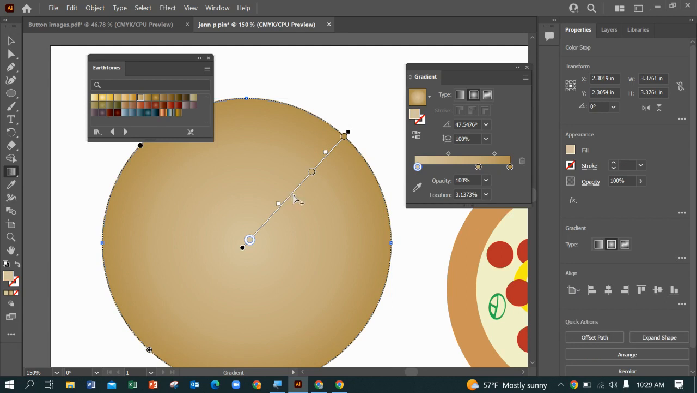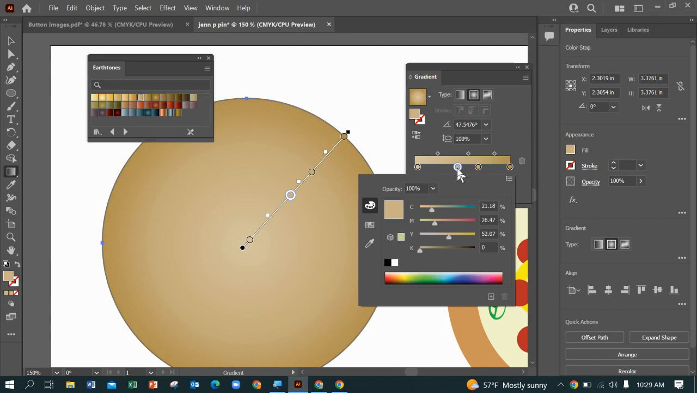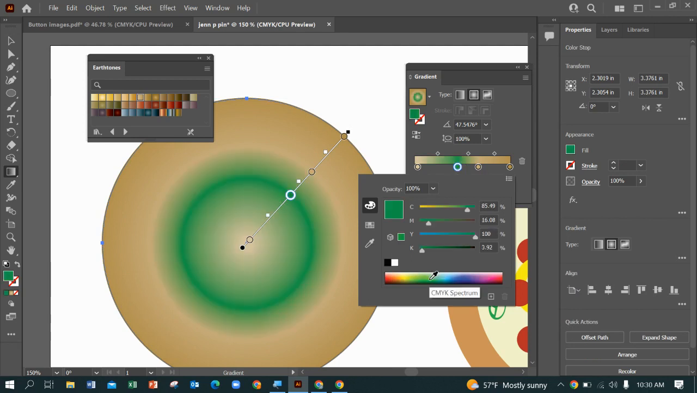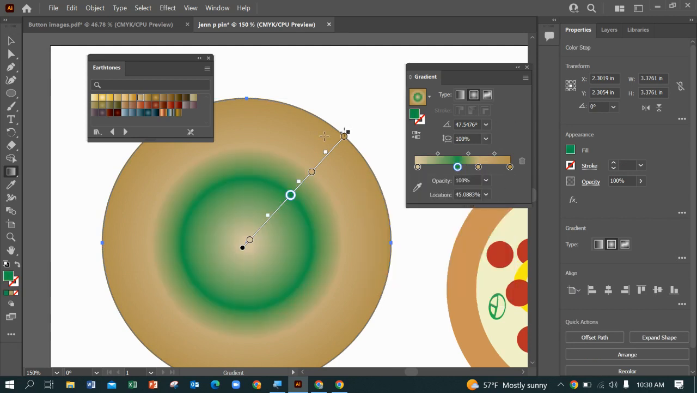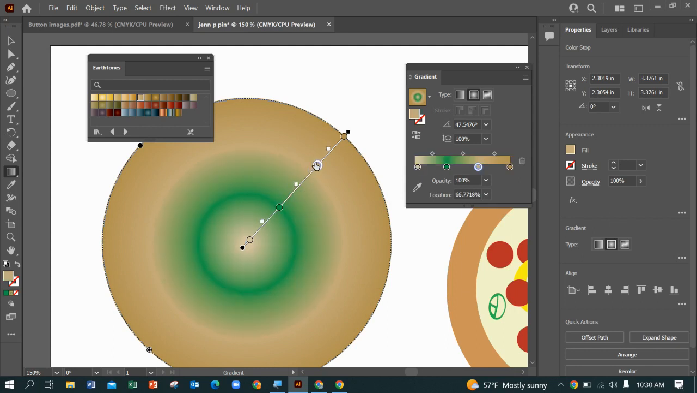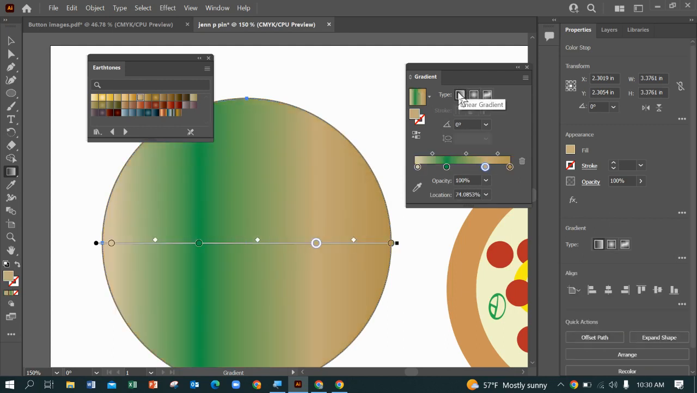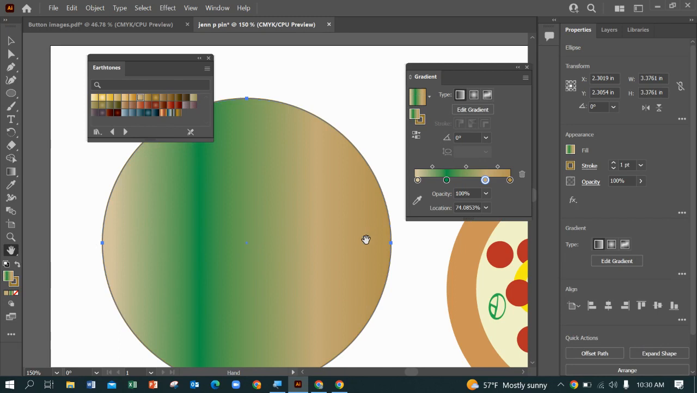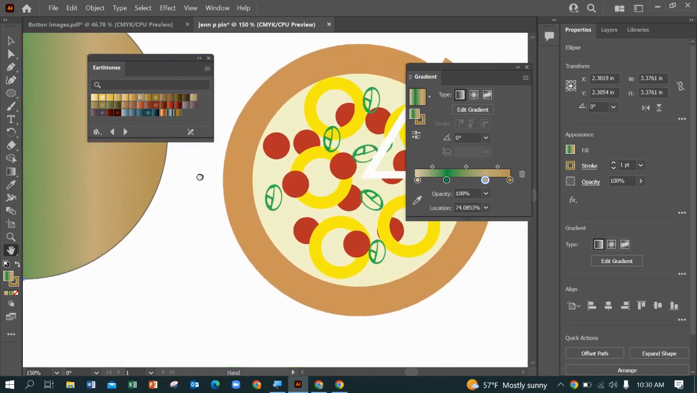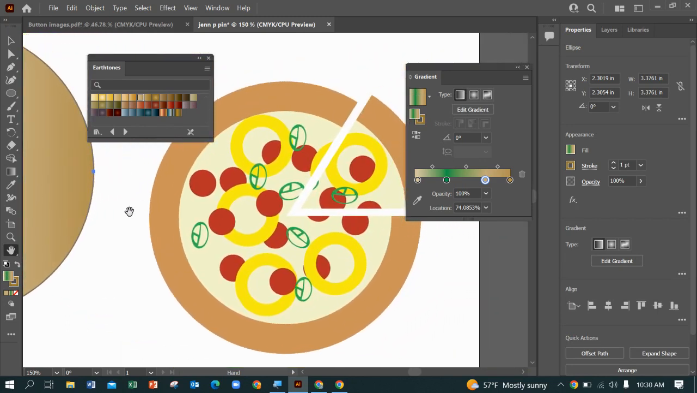I can add in stops. See, when I get that plus sign, I can choose a new color like green because that looks awful. And then I can manipulate it as I need to. Why might you want to use the gradient tool? It can make things have more dimension. So while I don't suggest having a pizza crust with a lot of green in it, what I could do